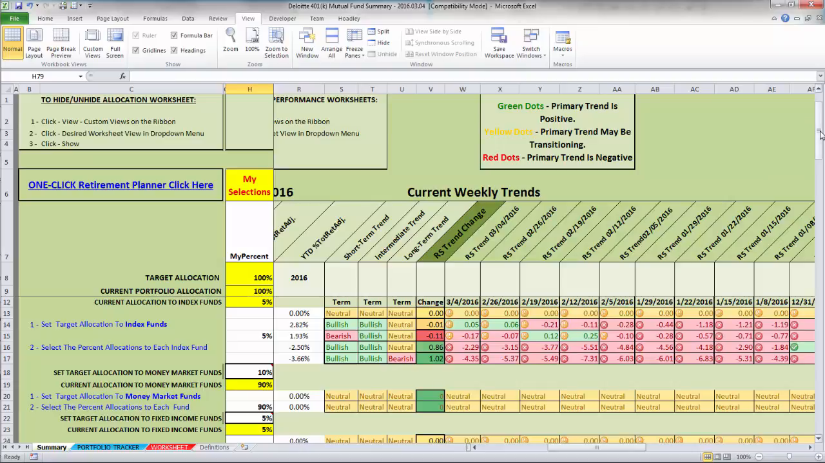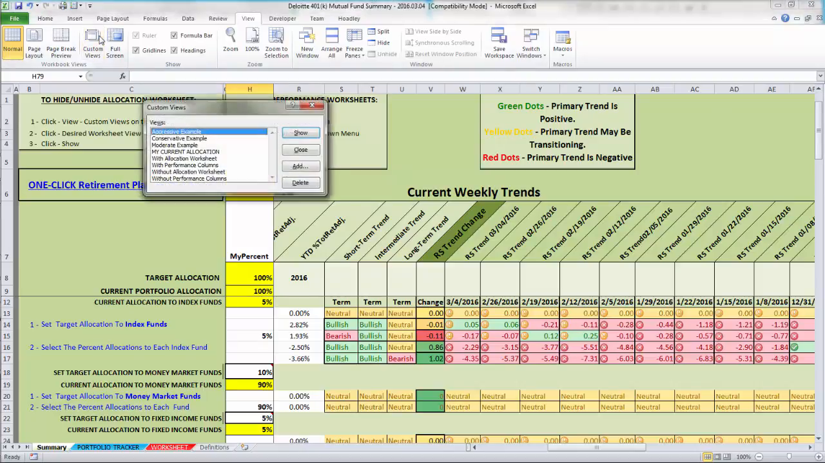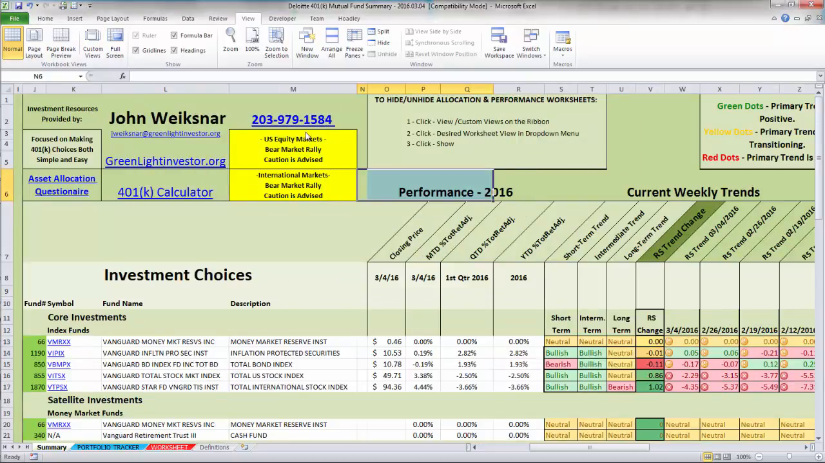With that said, that's what I've got for this week. I hope it's been helpful. Let's go ahead and click back to our custom views. We'll go back to the with the performance and then show, and that'll get us back to our home page so we can do some more research on any of the funds that we may be interested in allocating capital